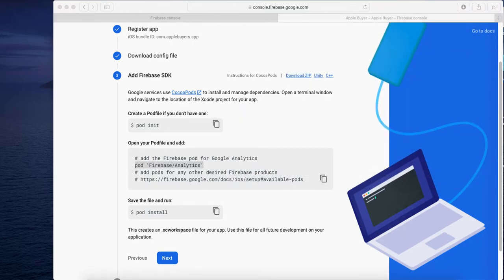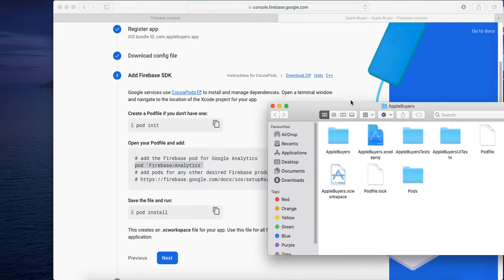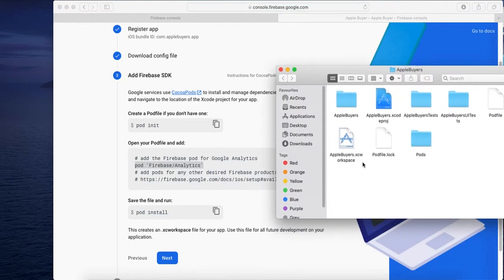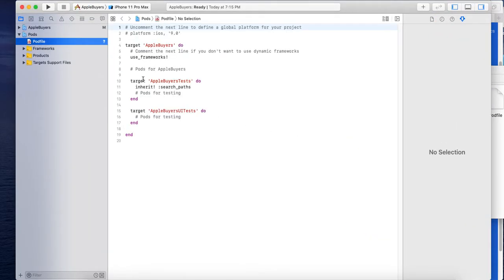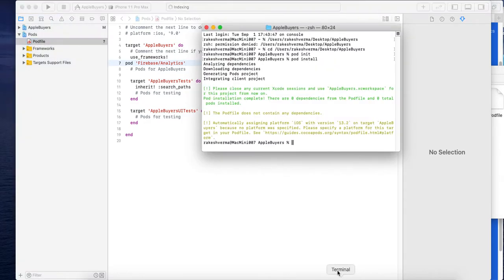After I have installed the pod, it will create this one. So here I have to put use_frameworks and save this one. After saving this one, I have to go to the directory where the project is saved.